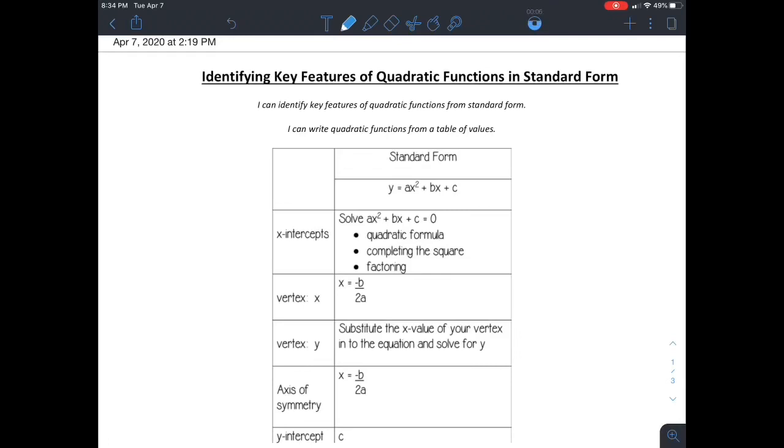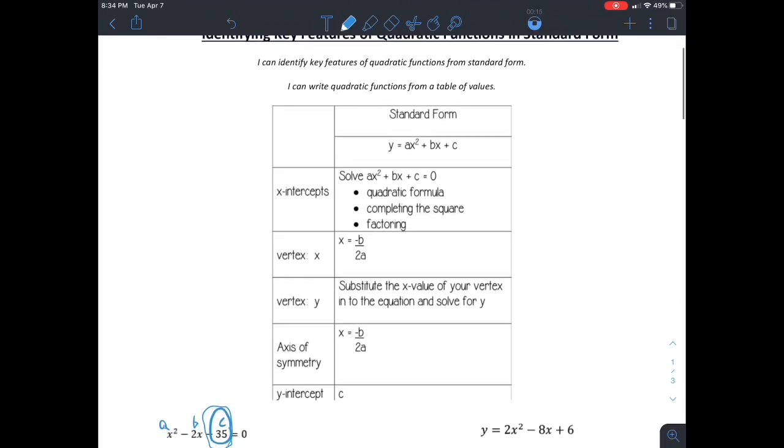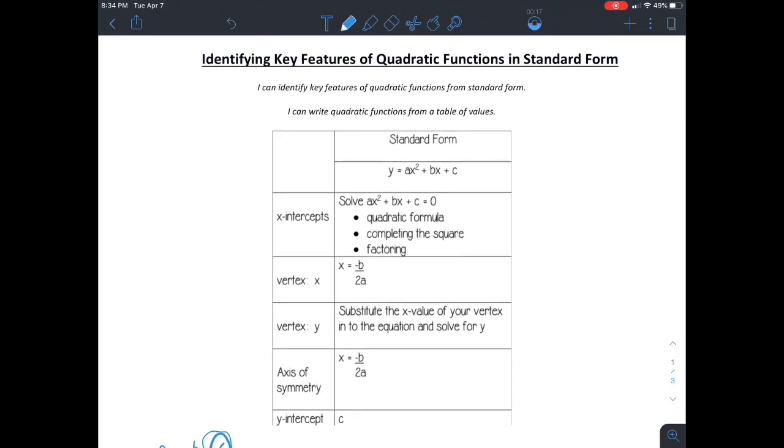Welcome, 8th graders. Today we are going to be looking at identifying key features of quadratic functions in standard form. If you remember, earlier in the school year, we gave you guys a sheet. It was a table that broke down quadratics into standard form, vertex form, and intercept form. Well, today I've taken an excerpt from that of just our standard form because this table can be very helpful